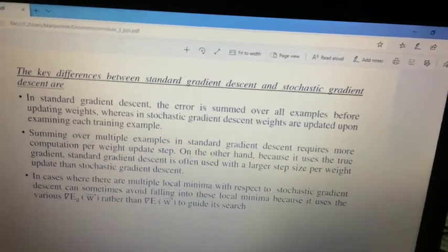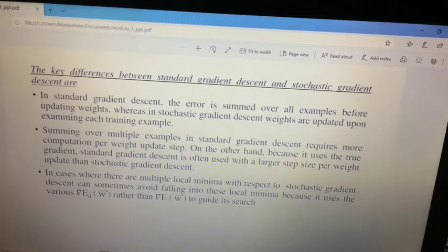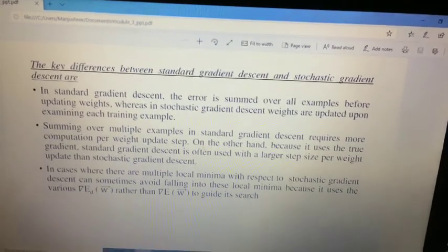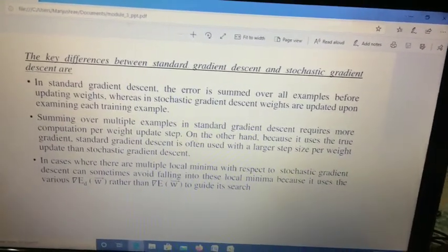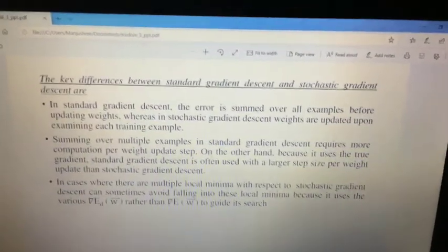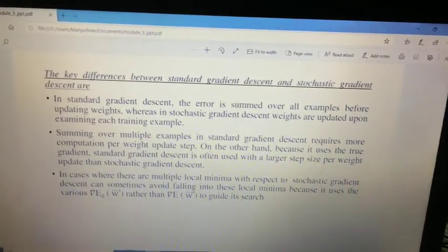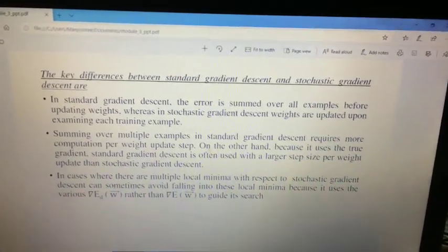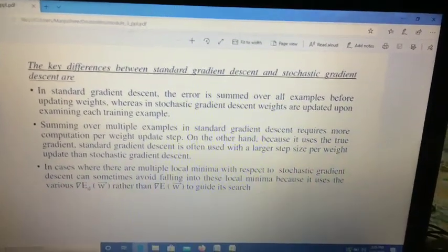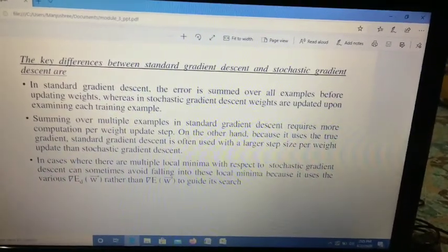Next topic is the key differences between standard gradient descent and stochastic gradient descent. By the term itself, standard gradient descent is also called batch gradient descent, B-A-T-C-H. Why is it called batch gradient descent? Because we are calculating an error at the output for all the training examples,